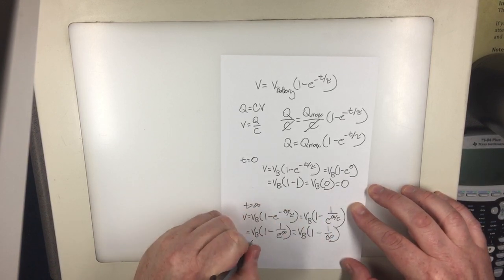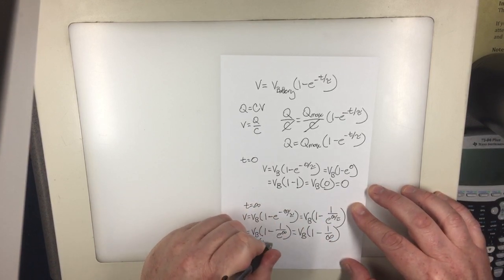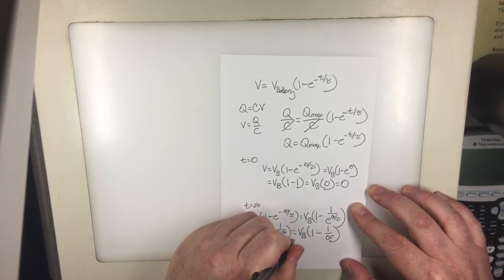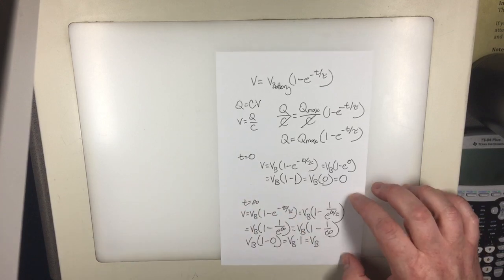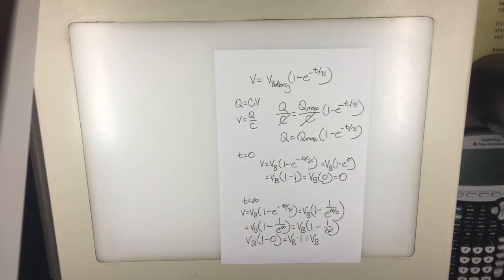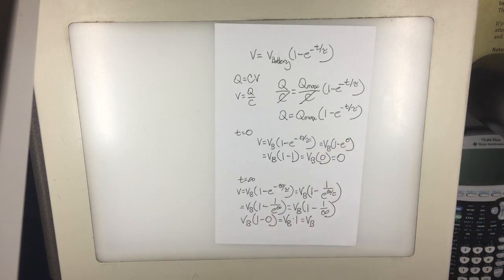That makes it 1 minus 0. Which means that the potential difference across the capacitor at a long period of time later will give you